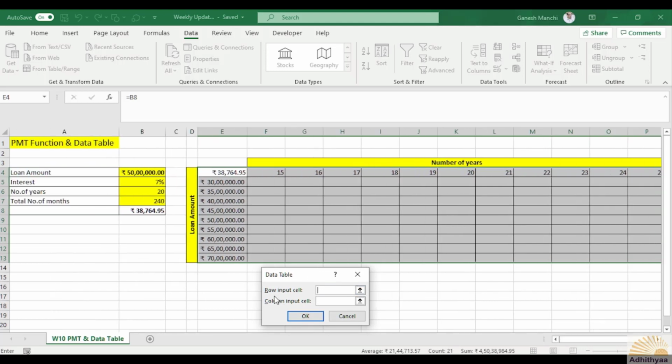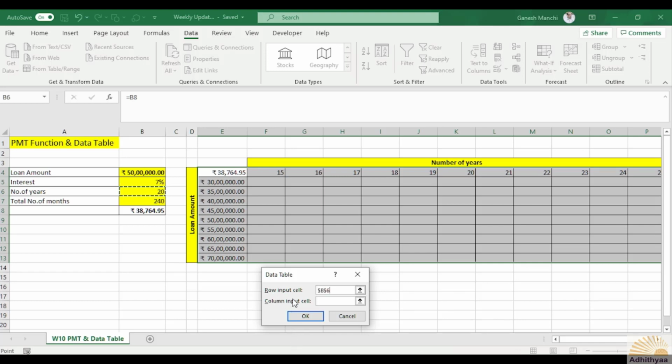So what are all the inputs? First one is the row input cell. Row is, this is the row. Okay. And this is the column. So row input cell is the number of years. So you can click on this, that is B6.